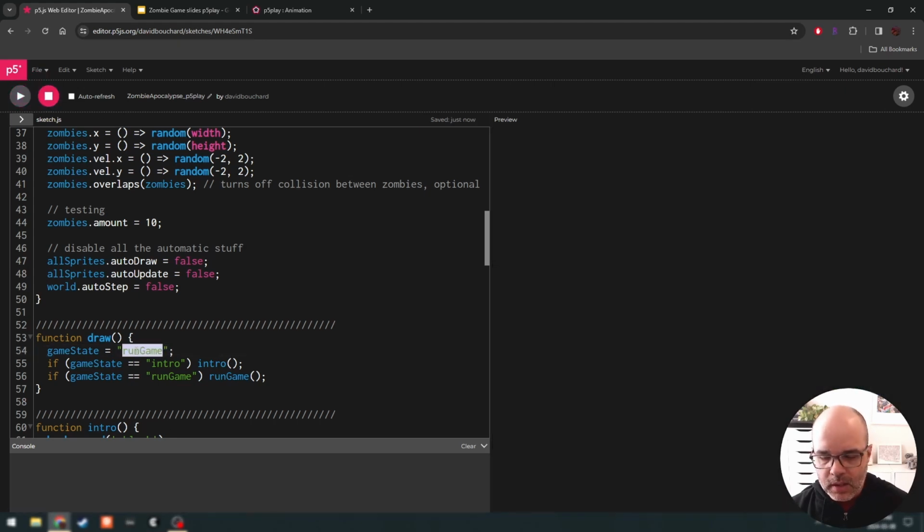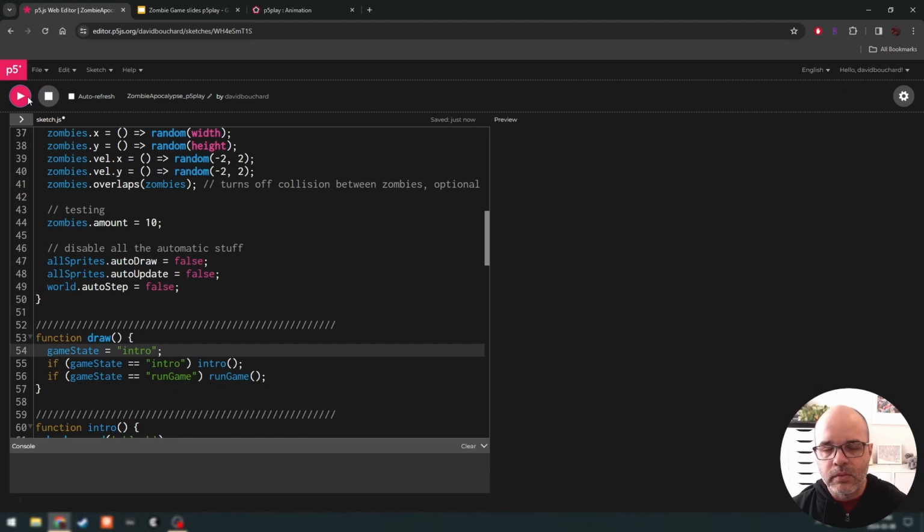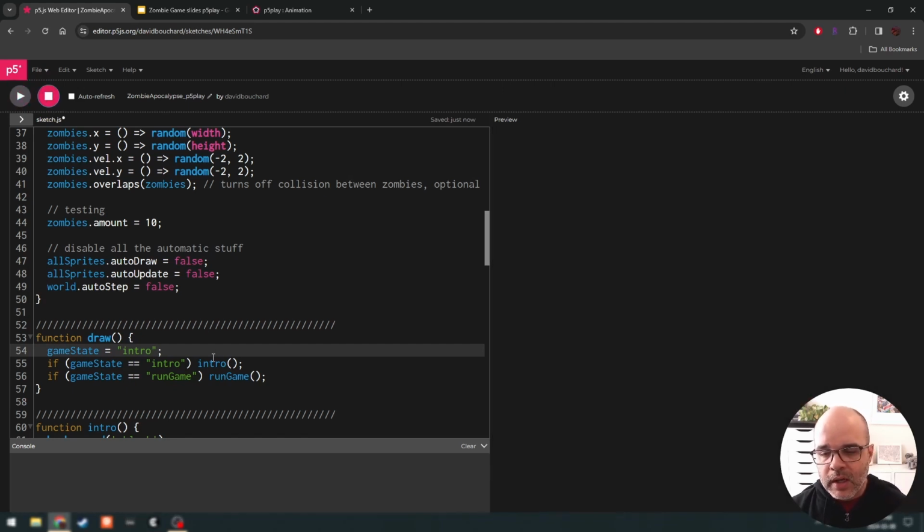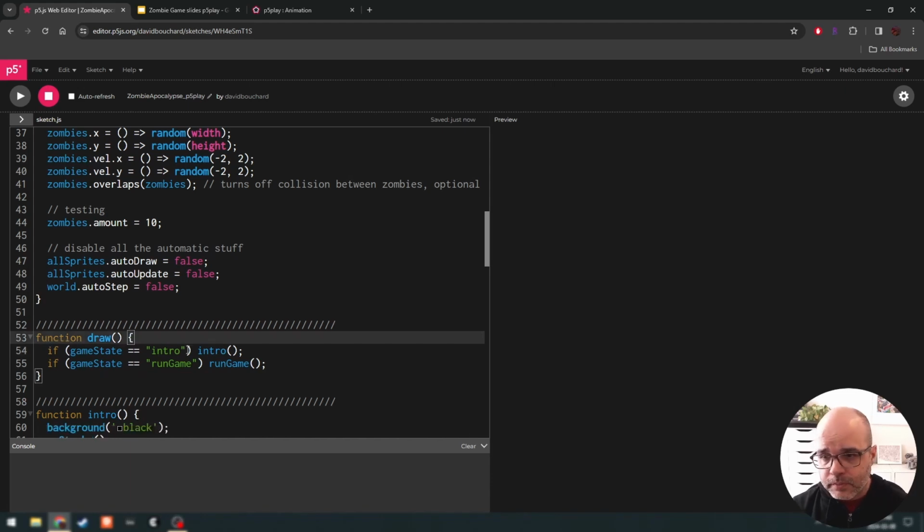If we make game state equal to intro, we get another section of our code. So now we can have any number of these different states that our program can be in, and it becomes a matter of being able to switch between them by changing the value of game state. Okay? So for example, let's program something that's going to take us from the intro screen into the run game